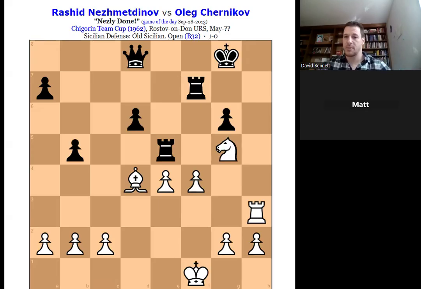It's not to mate, but to scoop up some material, gain a decisive material advantage, and then he gives up. You see what you can do? Of course. Yeah. Okay, Matt, what are you seeing? Well, rook to h8 check. King takes h8,